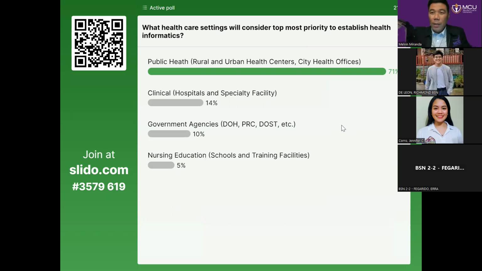So if this could be the concern and the situation goes that the patient will really need to transfer already to the healthcare facility, the health informatics can be useful